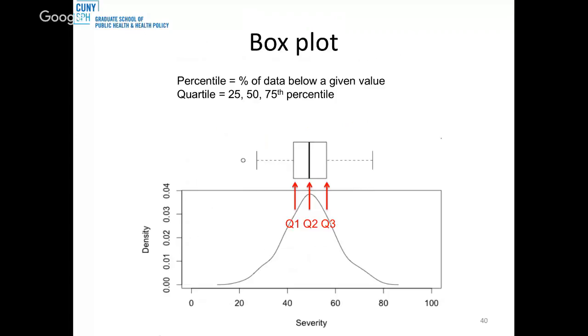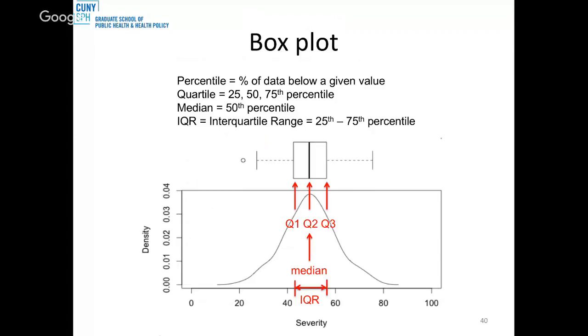This second quartile has a special name. Who remembers what it is? Yeah, it's the median. What maybe you don't know is there's also a name for the difference between the first and third quartile. Yeah, interquartile range. Very good. So we've got these three quartiles, the median, the interquartile range,